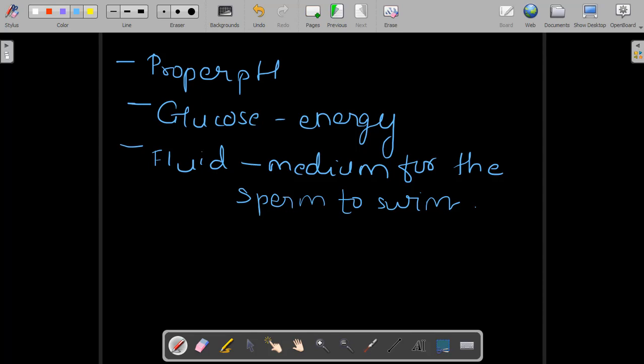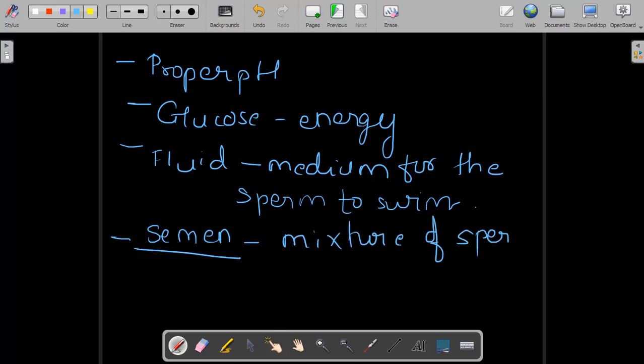Imagine if the sperm is not given any glucose, sperm will not have any energy, and hence it will not swim or it will not be alive, or it will not have energy to swim and go into the female reproductive system, right? So this fluid, which consists of a proper pH, proper nutrition, is secreted by all the accessory glands, and this fluid has a special name which is known as semen. So semen is basically a mixture of sperm plus fluid which is secreted by